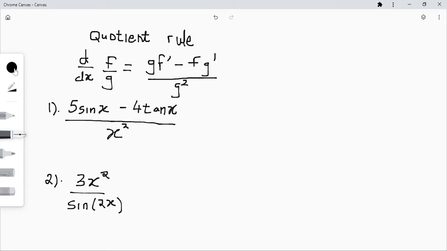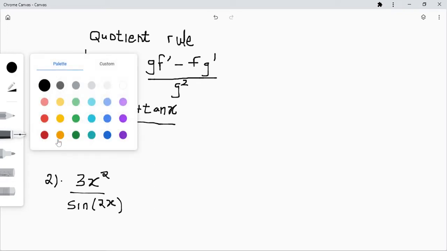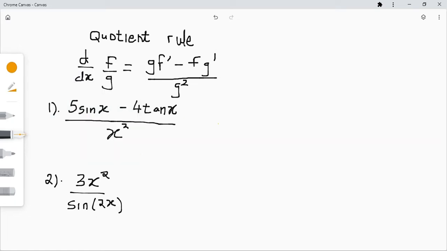Right, so in the quotient rule, you're going to pick your f and your g. How you know you'll be using the quotient rule is when you are dividing terms. That's how you know that you use the quotient rule. You're just dividing terms. So in this case, our f is going to be 5 sin x minus 4 tan